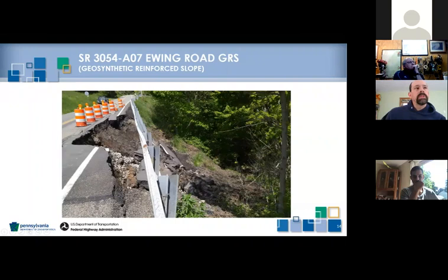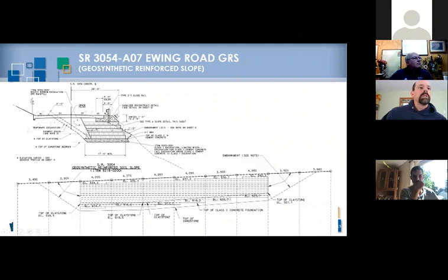Here's another example. This is State Route 3054, close to our office in Bridgeville. And what we did here was a geosynthetic reinforced soil slope. So there's a stream below here, so we were somewhat limited with how far we could go out laterally. So these GRS slopes work pretty well because you can stack them up to a 0.5 to 1 angle, where rock, usually we do a 1.5 to 1, or soil properly compacted is a 2 to 1 is the steepest you can go there. So this allows you to go to a 0.5 to 1, so you're stacking them a